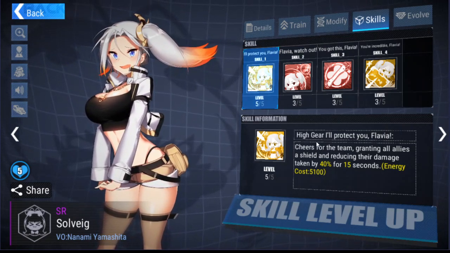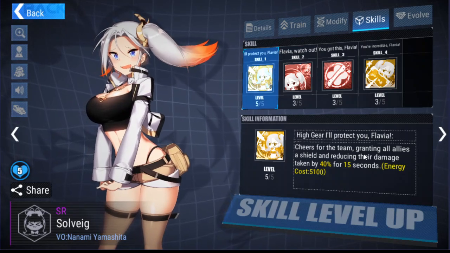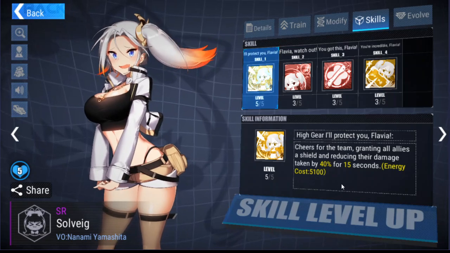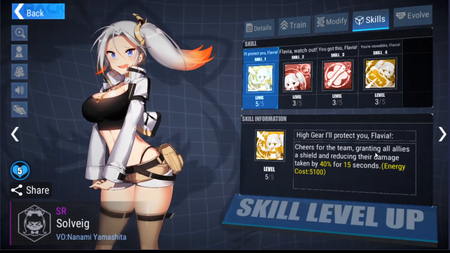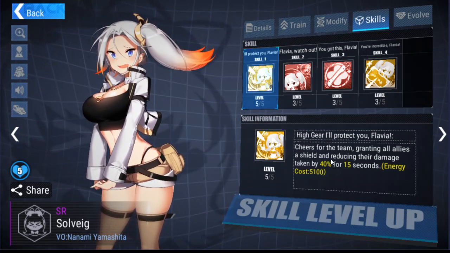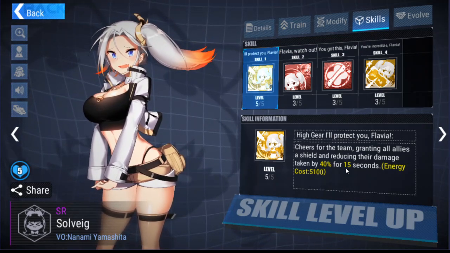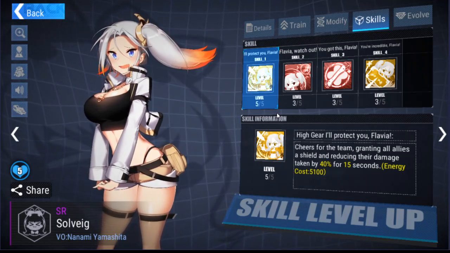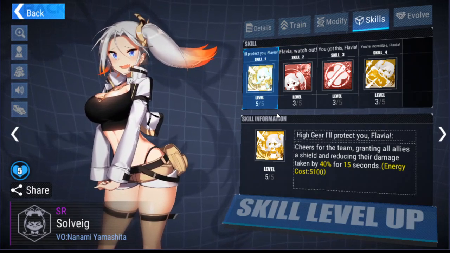her ultimate, which is High Gear, I'll protect you, Flavia, because she has a thing for Flavia. It's kind of like the student-teacher bond that's really strong, but not in the literal sense, so don't take it literal. It is an analogy. But what she does is she grants all allies a shield and reduces their damage taken by 40% for 15 seconds. Energy cost is 5,100. Now,